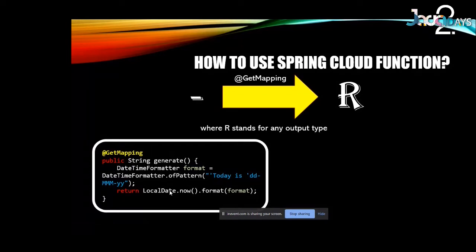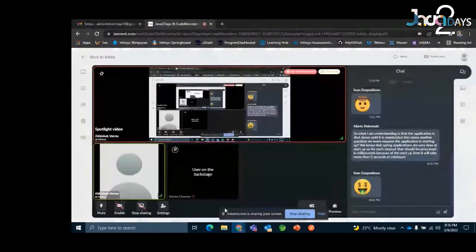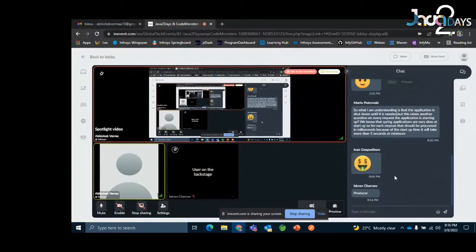Now, the same thing if I wish to write in a functional interface, can you think of any functional interface which can do the same job? I mean, the functional interface should not be taking any input and it should just be returning you something. Any idea? If you can just think of that functional interface, which doesn't take any input from you and will just return some value back. Producer. Okay.